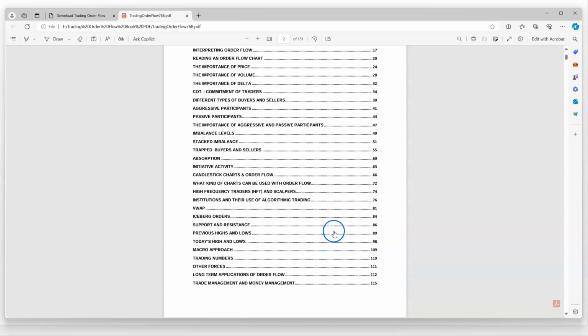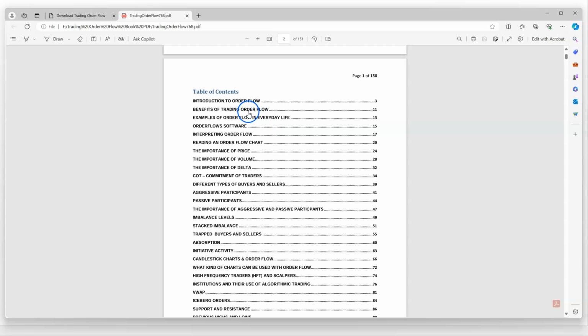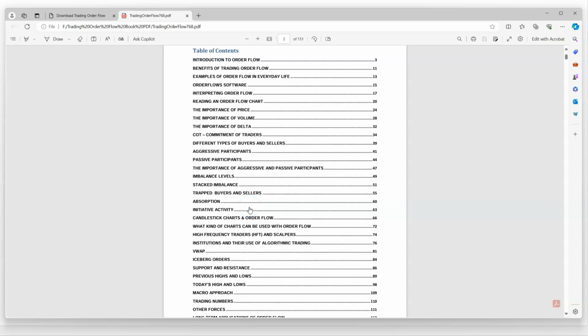You can see here's the table of contents, right? We really cover a lot of area in the book. Again, I wrote this book in 2015, but a lot of the information in there is very applicable to what happens now, because order flow is not something brand new that just started 20 years ago, right? If you are sort of a market historian, like myself, I love reading books from the 1920s even,